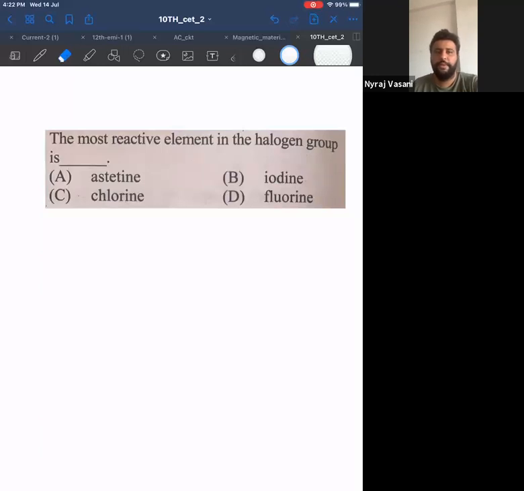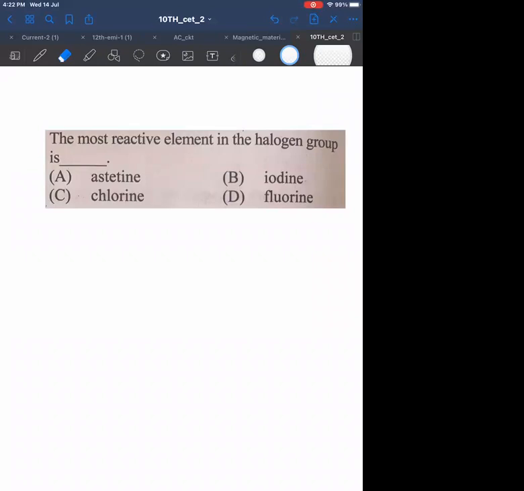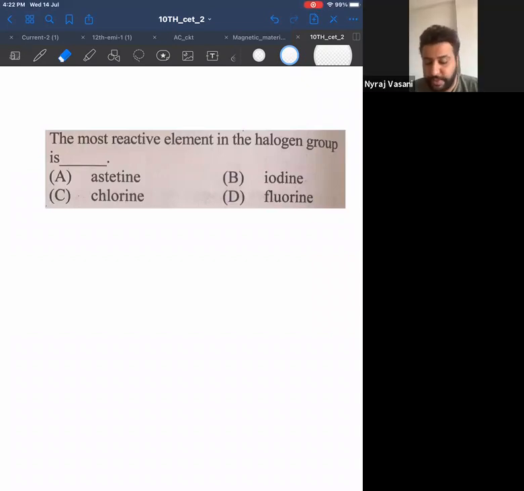But I'm very happy with your answers because at least you're attempting, at least you're thinking that this is going to be the right answer, which is very, very good. And remember, there are no negative marks. So whenever you see a question, if your instinct tells you this might be the answer, go for it. Don't leave any question unanswered in CET because there are no negative marks. Okay. So let me come to the answer of this question.